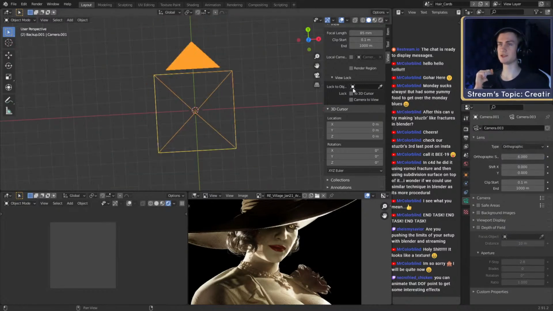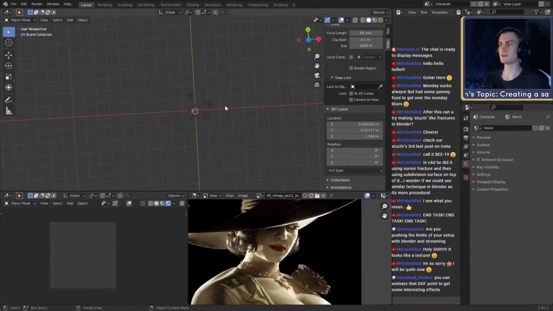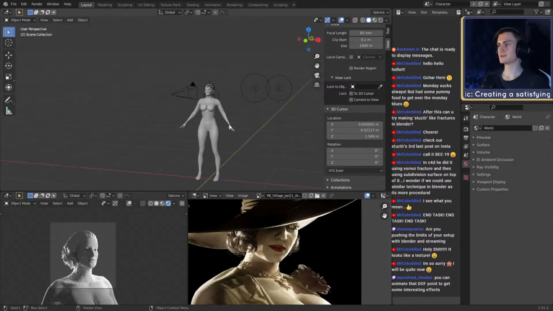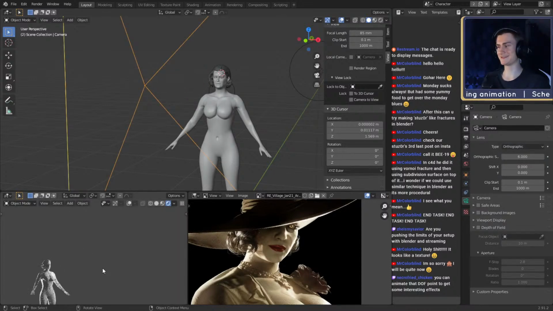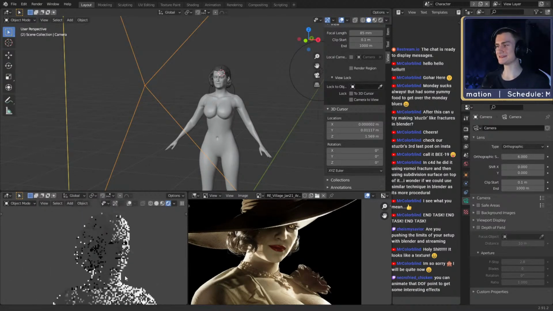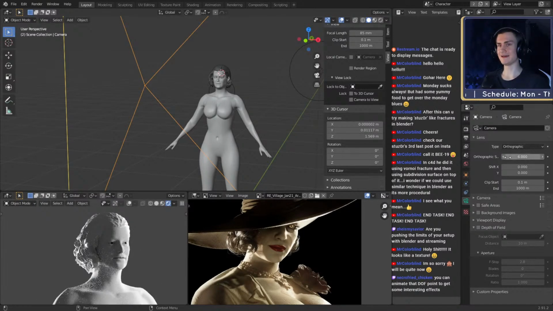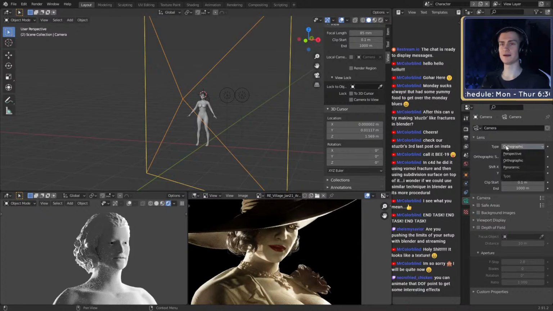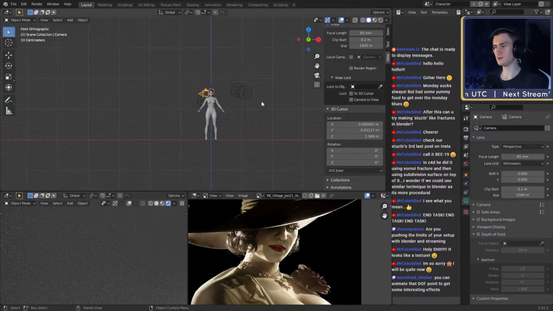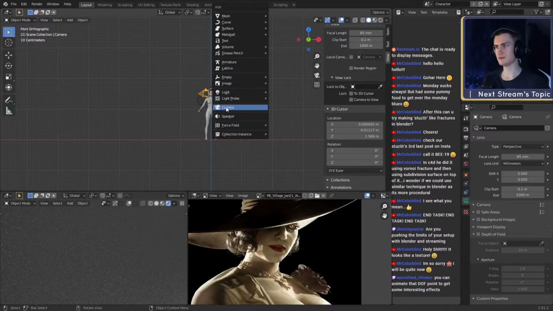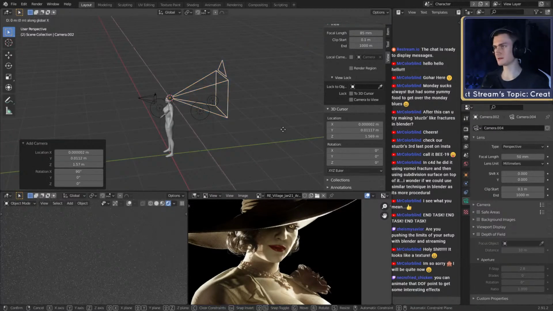You can't see a big change yet, but I can show you what it does in this screen. You can see the render right there. If I switch that to orthographic, now it's basically like the camera has a focal length of, I guess, infinity. Okay, let me make a new camera real quick, and then I can show you what it does.